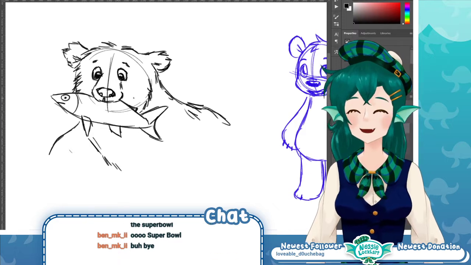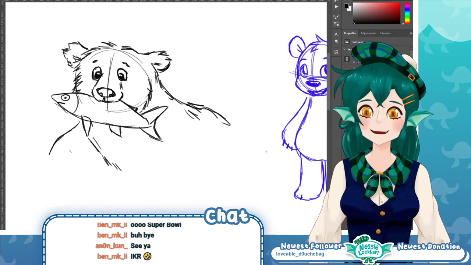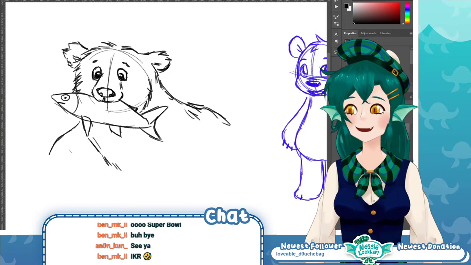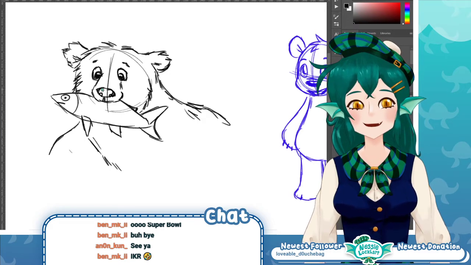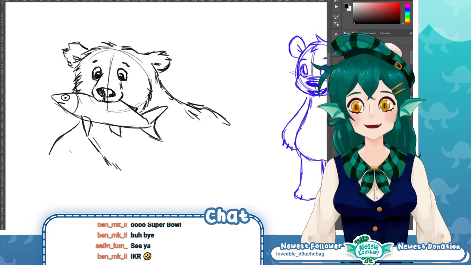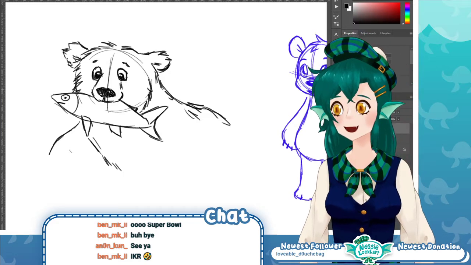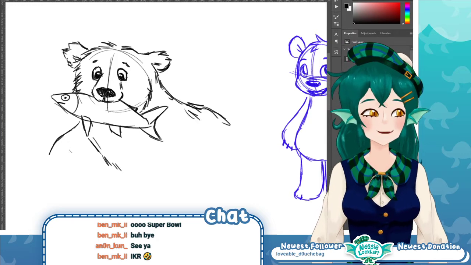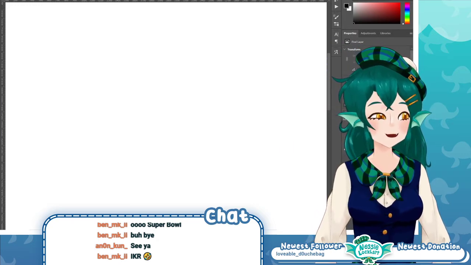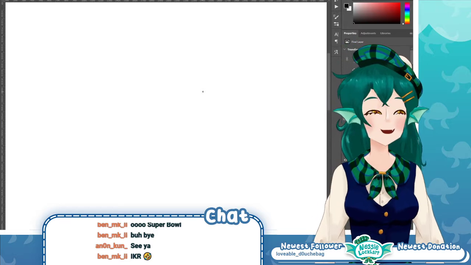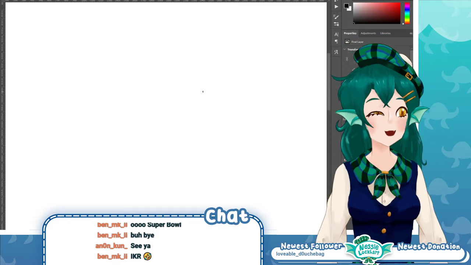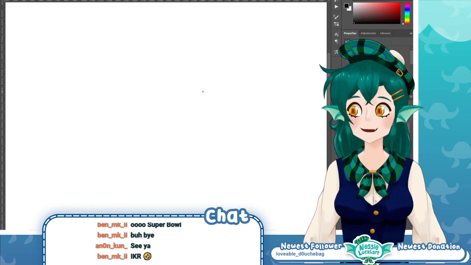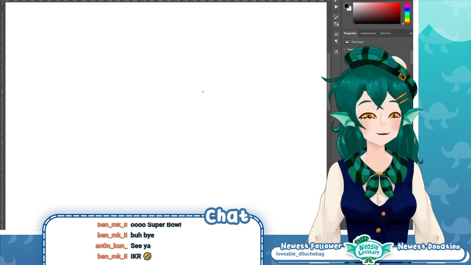Okay, there's a bear. Oh, let me color them up. I think I'll take a crack at some emojis. I remember early on in a stream, people suggested a heart emoji, so maybe I'll try that one first.